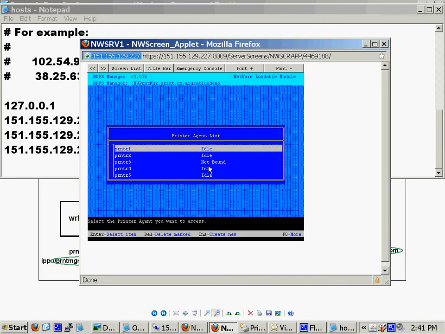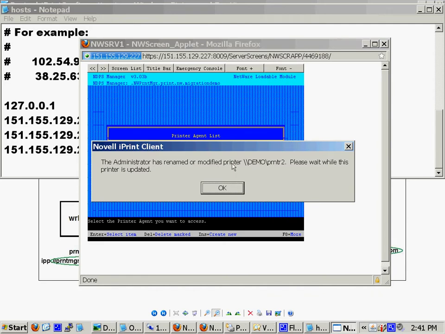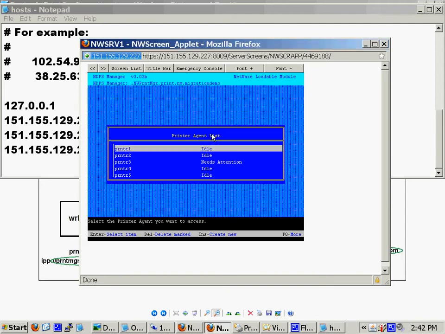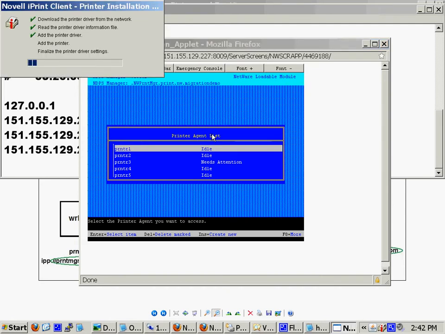Here are my printer agents, and that one needs attention, which is what I expected. I put in an invalid IP address for him. And now I get a pop-up on my workstation. This is my Windows XP workstation. The administrator has renamed or modified Demo Printer 2. Please wait while this printer is updated. I click OK to that, and now he is uninstalling that printer and reinstalling it, pointing to the transferable DNS